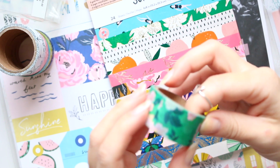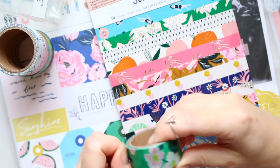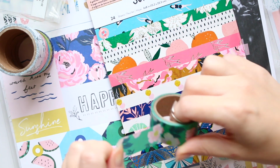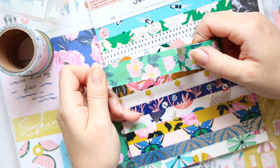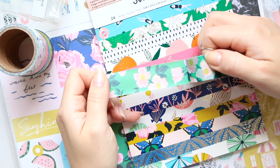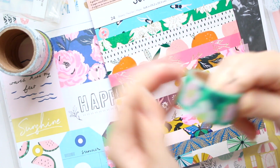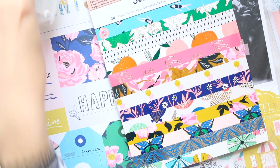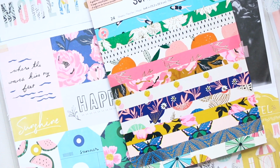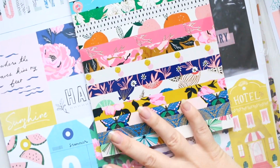And then finally, the same width, we also get this pretty Maggie Holmes florals on green background. So that's the washi. Now I got a few paper pads, and I will show this as well. Oh, actually, I also